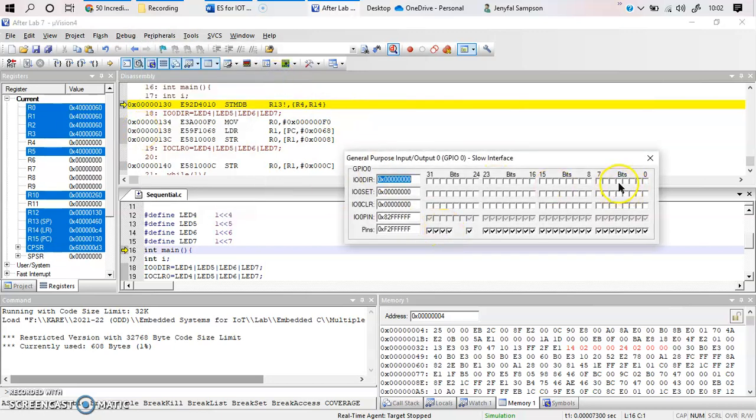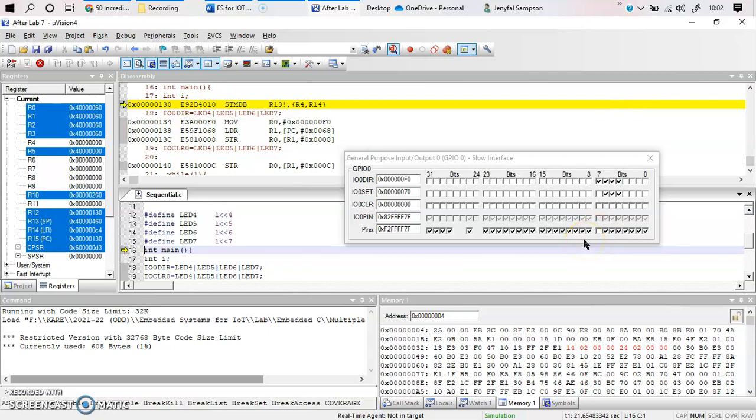So now, as you may remember, what we are expecting is 4, 5, 6 and 7 turned on. Then 7 is turned off, 6 is turned off, followed by 5, followed by 4. Okay, so that is what we are expecting over here. So you can see that 4, 5 turned on, 6 turned on, 7, and after that 7 is turned off, 6 is turned off, 5 is turned off, followed by 4. And this is going to be repeating in a loop, 4, 5, 6 and 7 and so on.